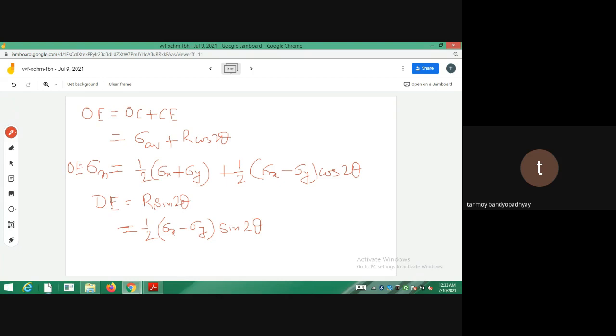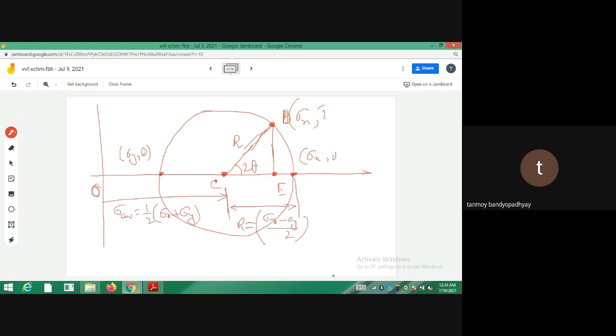So what is this one? This one is actually your tau max. Understood? But tau n actually, sorry, not tau max, tau n. So this point actually represents sigma n, tau n. So if I draw any angle 2 theta, wherever it meets the Mohr circle, that point will have the coordinates of sigma n and tau n. Just draw perpendiculars from that point. You calculate the abscissa and the ordinate of the point, and you will get sigma n and tau n.